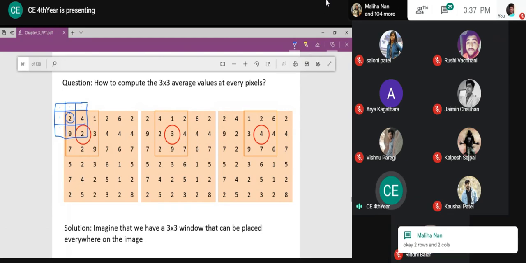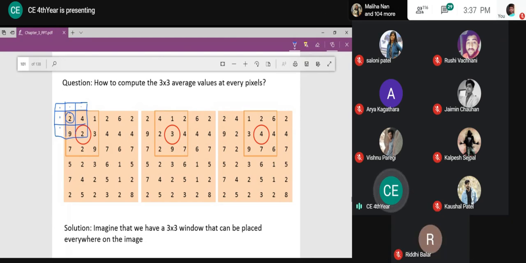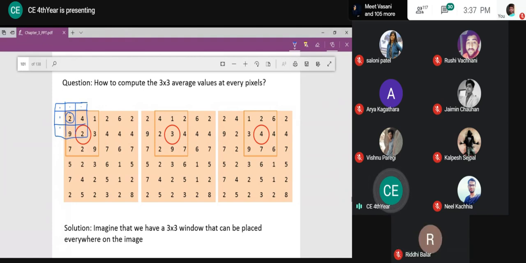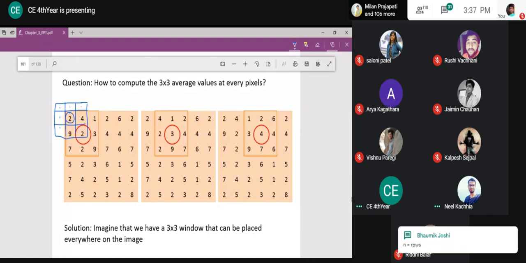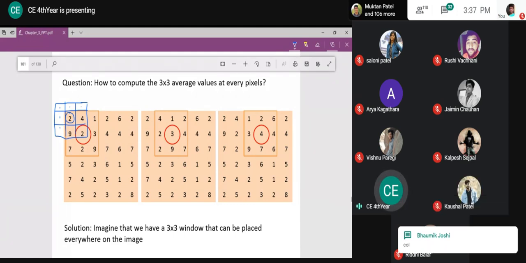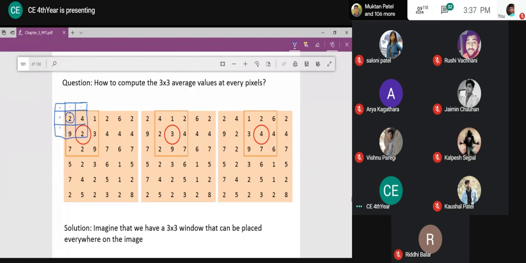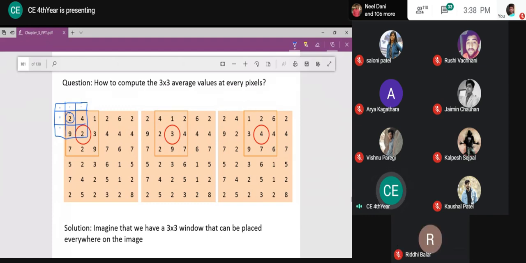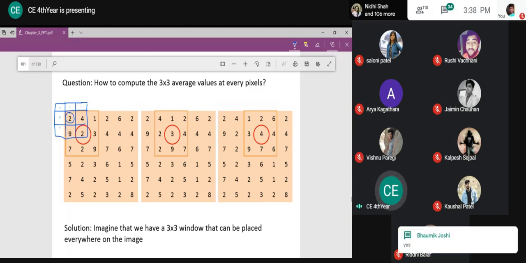Two rows and two columns in total, you are also correct, but on each side I want to pad with one row and one column, right? That is fine. What is n in that case? You are saying n plus two. What is n in that case, the rows and columns of the sub image or the image? The main image, in total. So the final image size will be n plus two cross n plus two. Earlier it was n cross n, now it is n plus two cross n plus two.